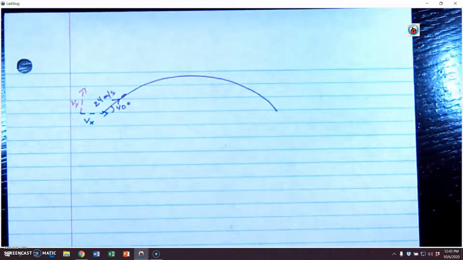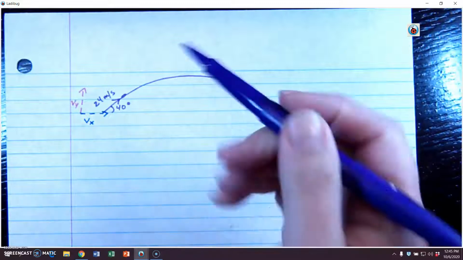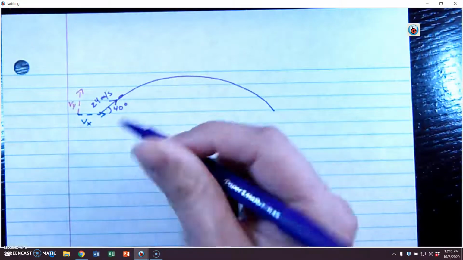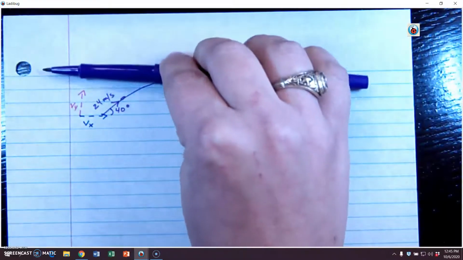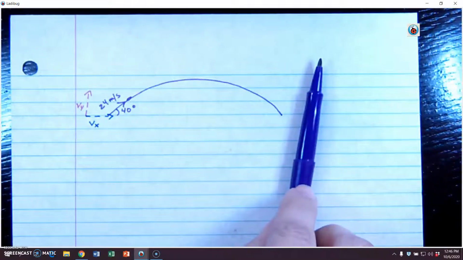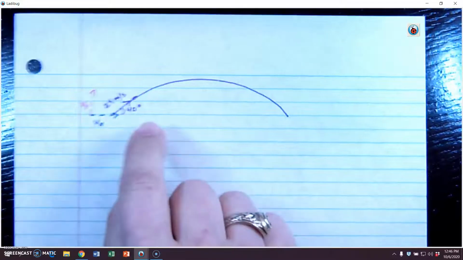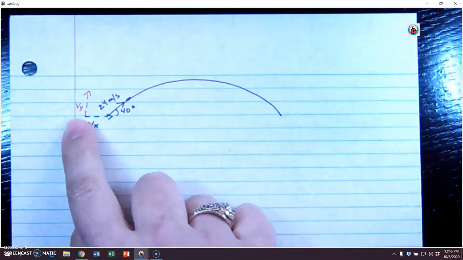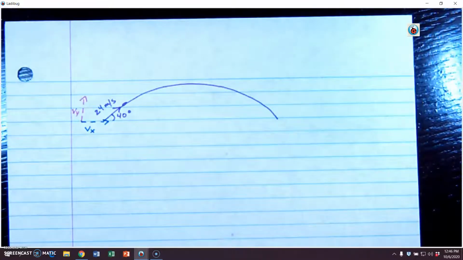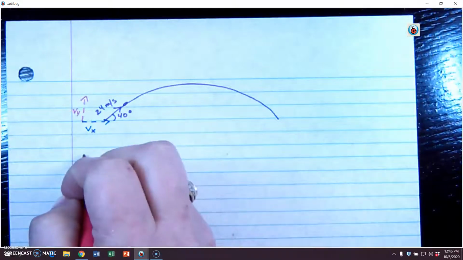Now, one of the things that I told you about projectile motion is it's easiest if you separate it into its horizontal and vertical components. We don't want to look at it as one big parabola. We want to look at it as the discus goes up in the air and then back down, and then as the discus goes down the field. If we look at those two separately, it's going to make the process a lot easier. So the first thing that I want to do is separate the motion into its x and y components. Now, for the y velocity,